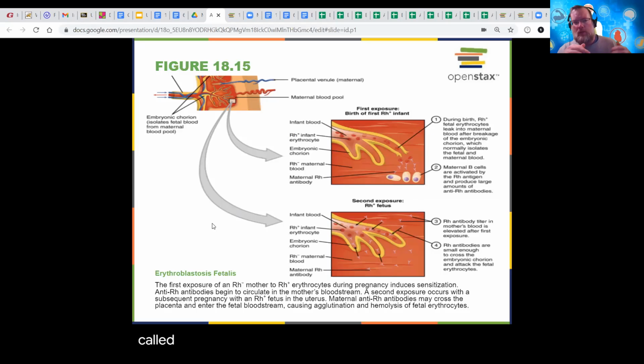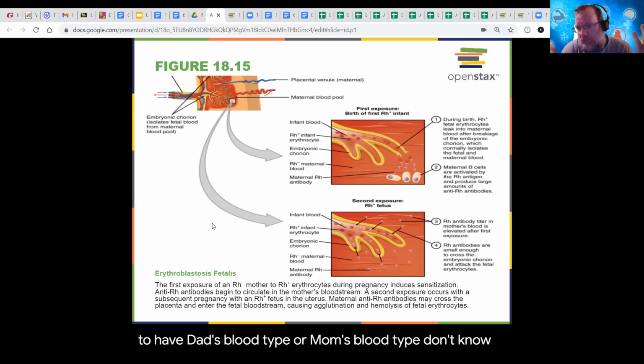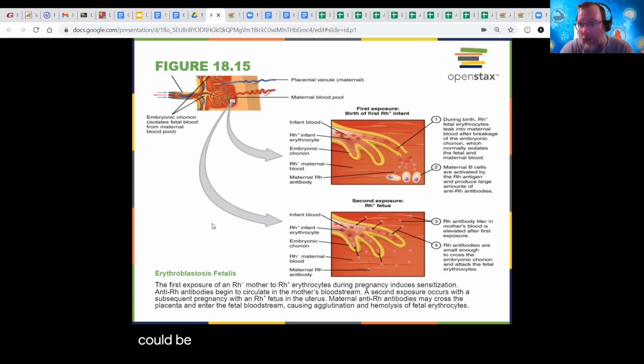There's something called erythroblastosis fetalis that can occur. Here's another spot clinically where blood typing could matter. So if mom is a negative blood type, so mom doesn't have the Rh factor antigen, and dad does, is baby going to have dad's blood type or mom's blood type? Don't know. It's going to be one or the other, right? Well, if baby takes on dad's blood type, baby's Rh positive, mom's Rh negative, well, that could